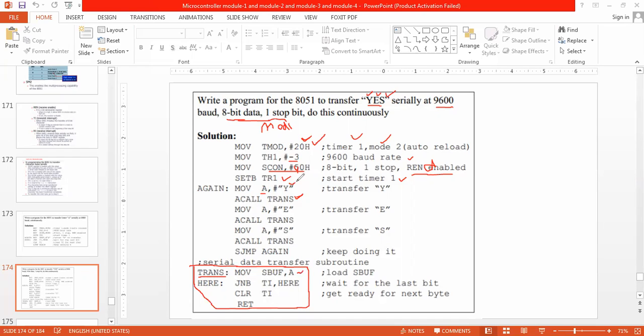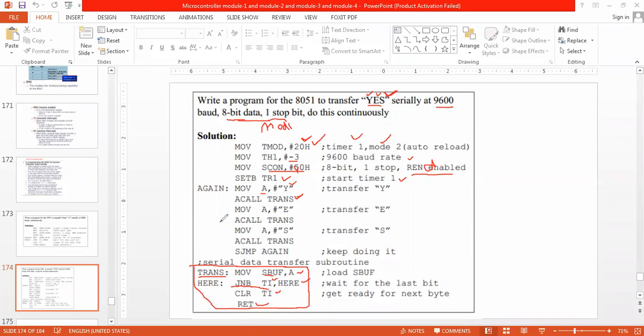A is having Y. So Y is going to be loaded into SBUF and sent to the external device. We should keep watching TI. When SBUF has been completely transmitted, TI will automatically become 1.